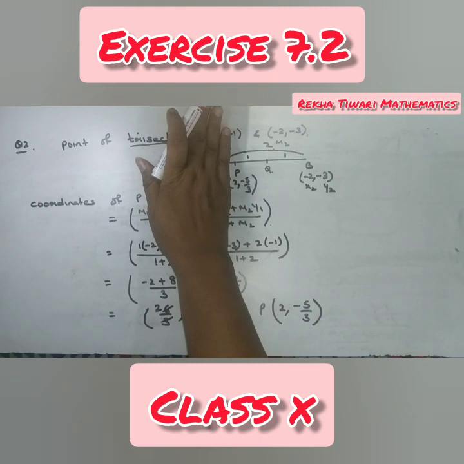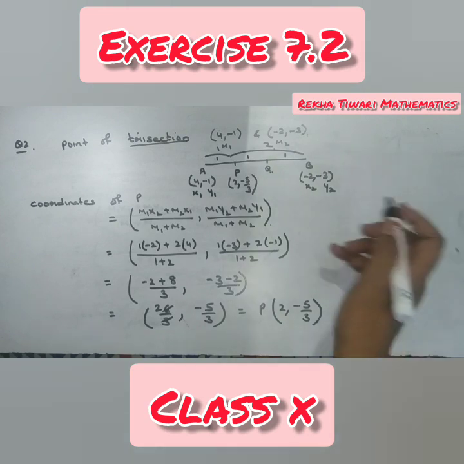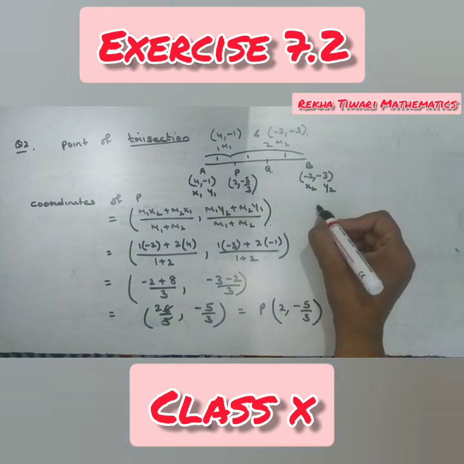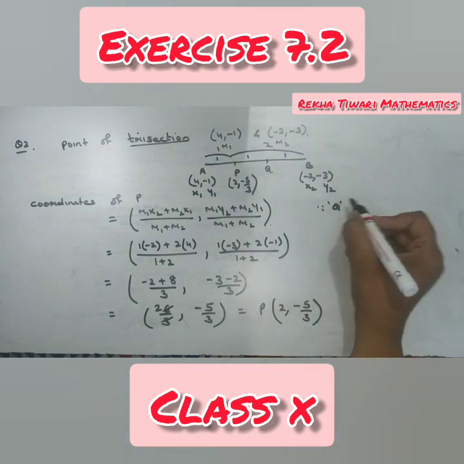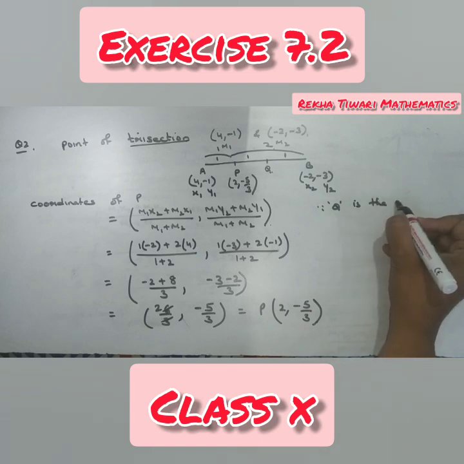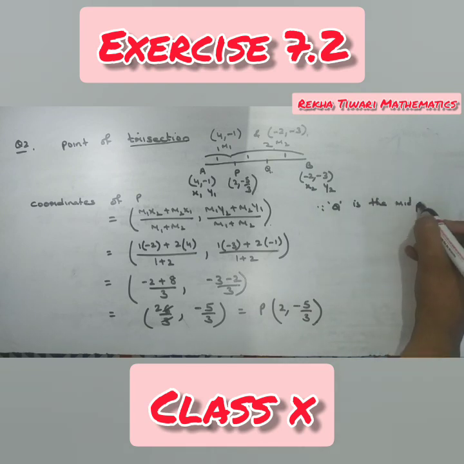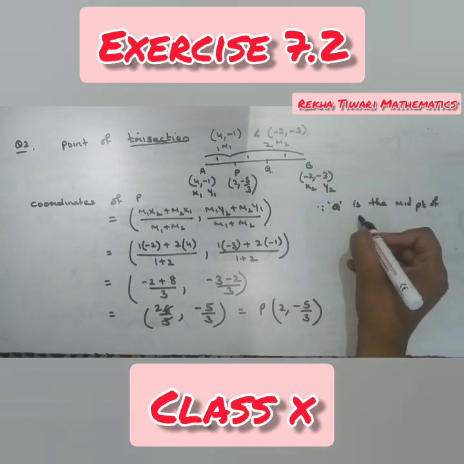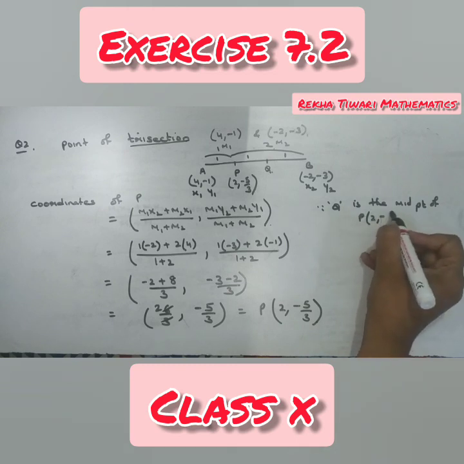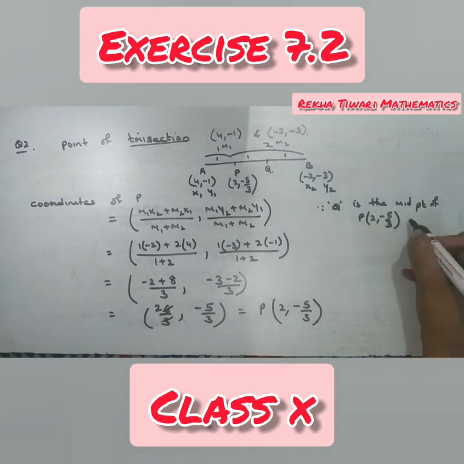So Q is the midpoint of PB, and I told you that if any midpoint is given to you, m1:m2 becomes 1:1, and there is one easy formula, so I can directly find out, since Q is the midpoint of